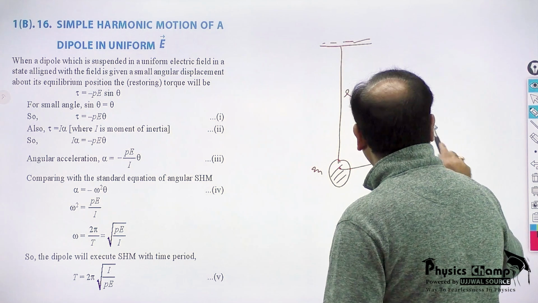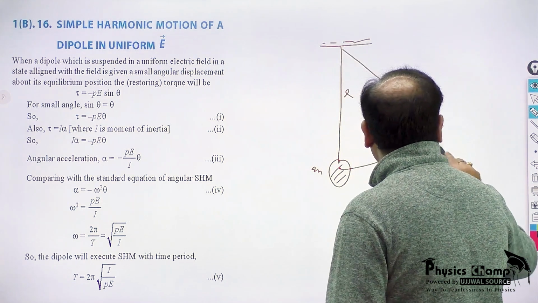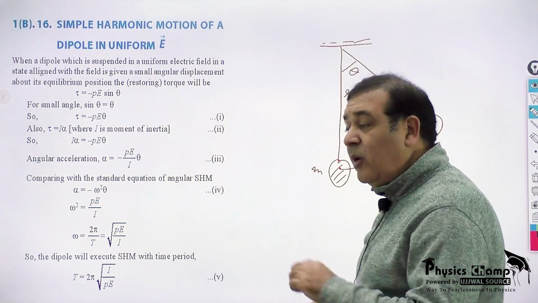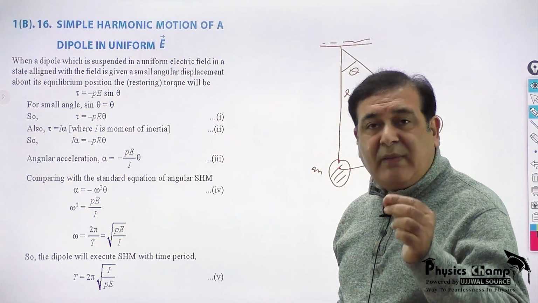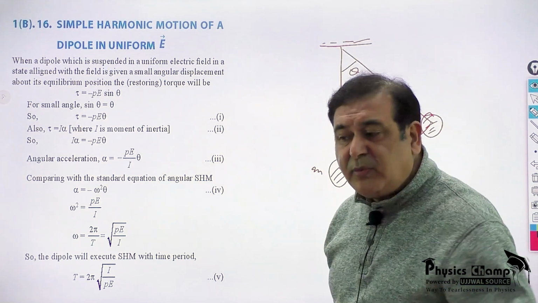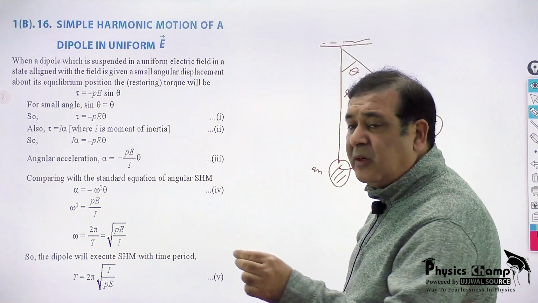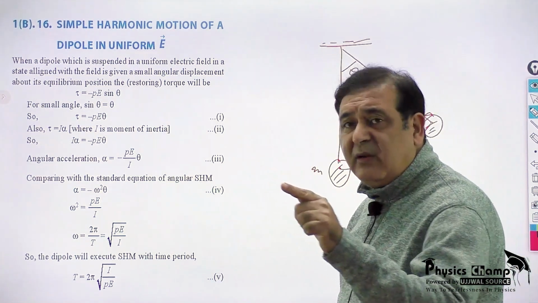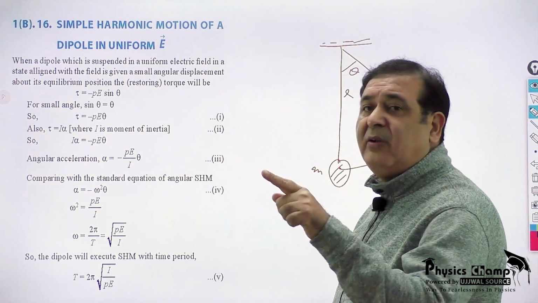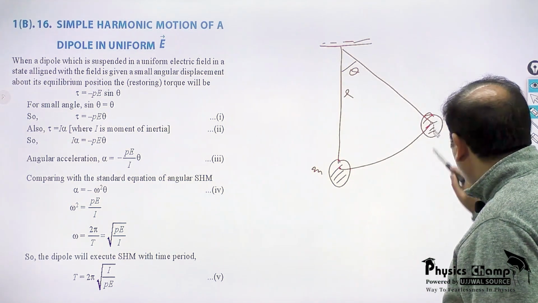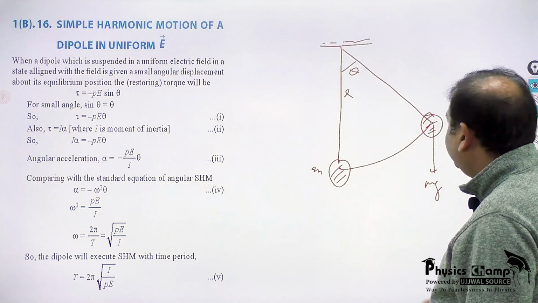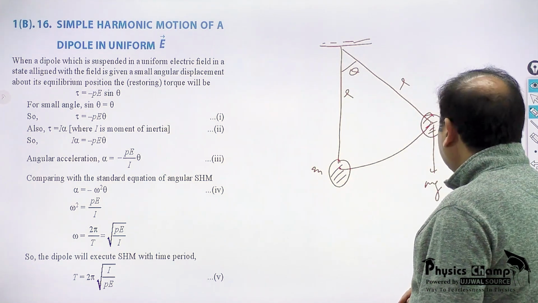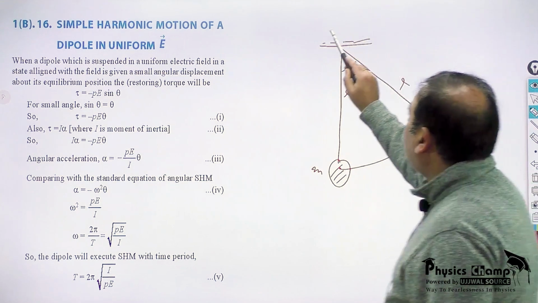You displace this pendulum, this bob, by an angle theta, and then you are looking for the time period. First prove it is going to do simple harmonic motion, and then find the time period. One way is you look for linear displacement and one way is you look for angular displacement. So here you say this is mg, this is L, and then when you are looking for the restoring torque,